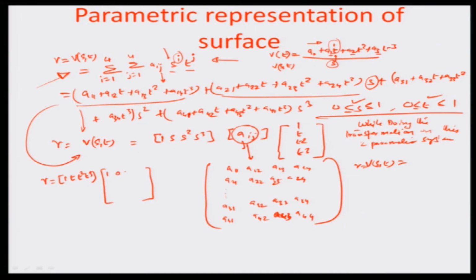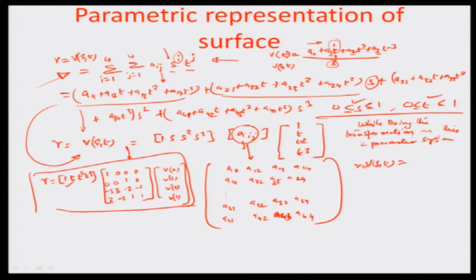This we had: 1 0 0 0, 0 0 1 0, minus 3 3 minus 2 minus 1, and 2 minus 2 1 and 1. And then on the other side we had V0, V1, V dash 0 and V dash 1. Okay, so in a similar manner in this particular case, because now the parameter has changed from only T to a 2 parameter system, T and S, the equation would get slightly modified, and here the equation turns out to be a basis matrix M,